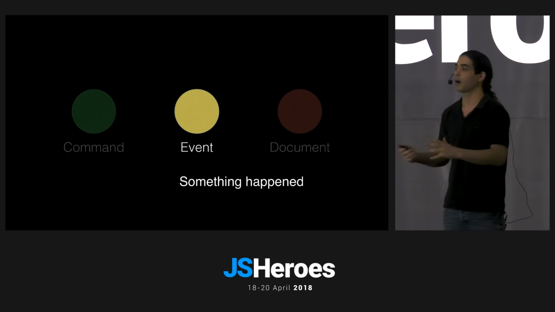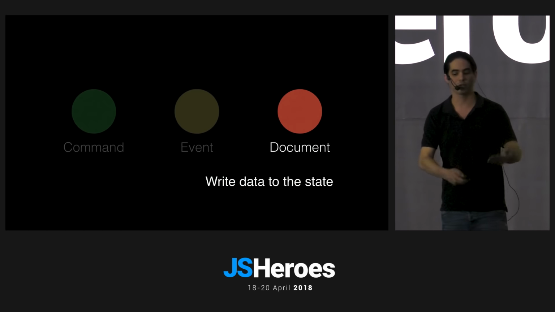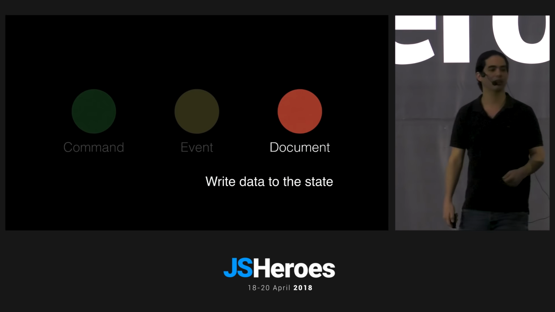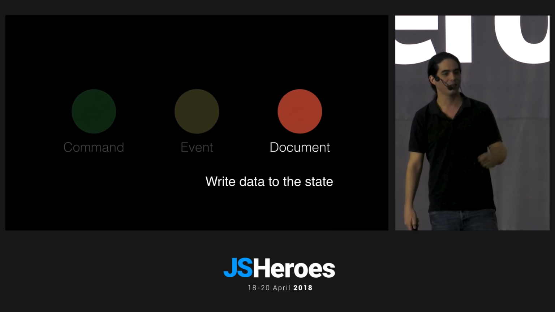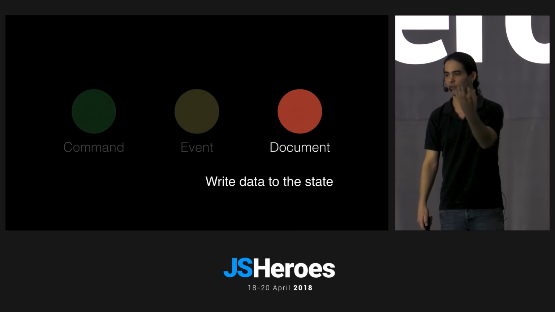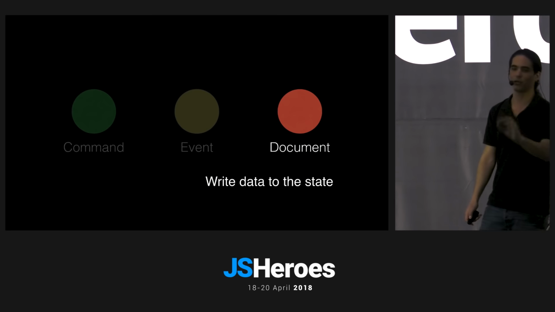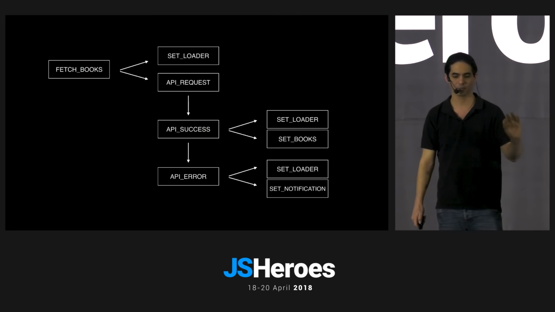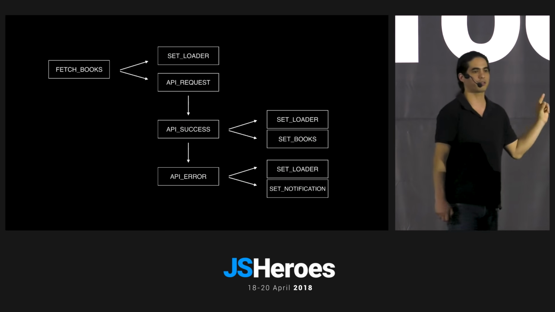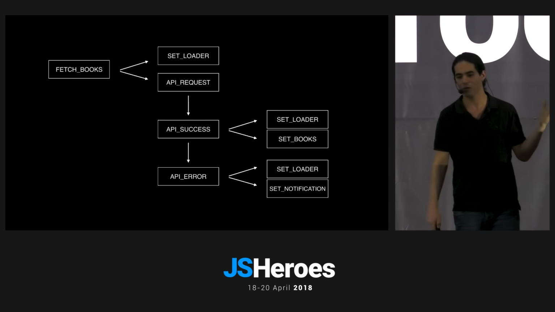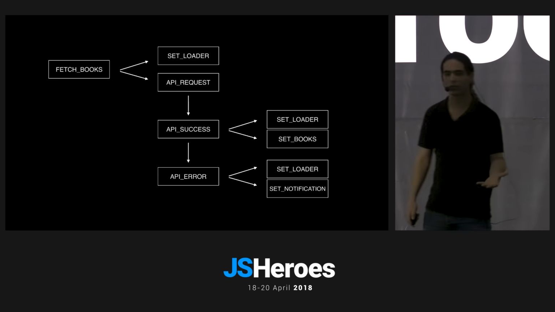Maybe some other parts of our system want to react to this event. And a document action is an action, an event that has the final structure of the data, and this is the only event in Redux that the reducer processes. So if you look at this basic flow, we want to fetch a collection of books,